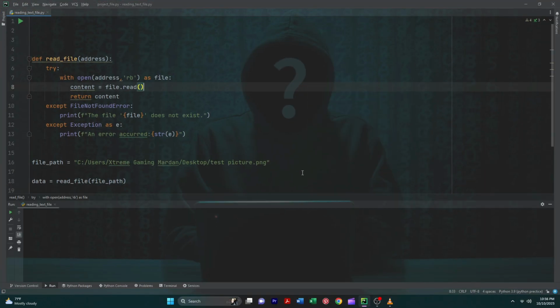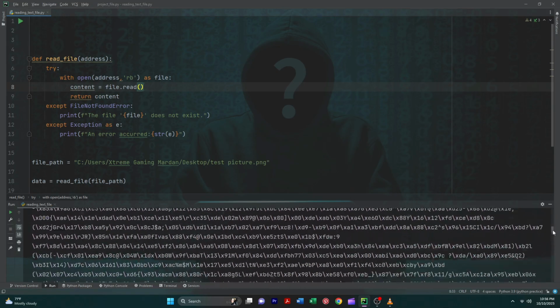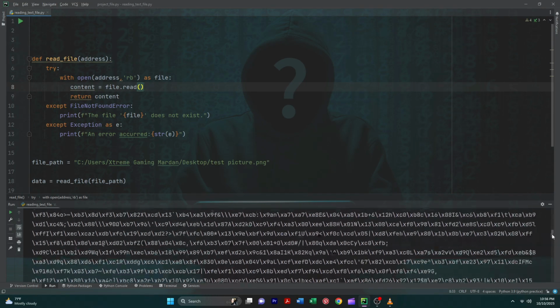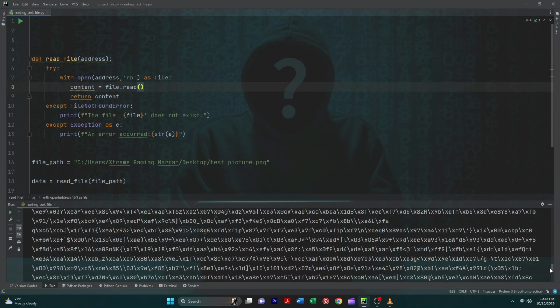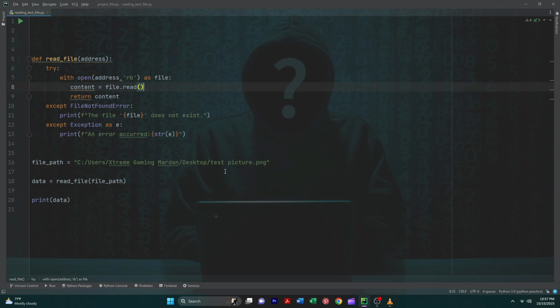And there you have it. We've broken down this Python code step by step, explaining its purpose and demonstrating how it can be useful in real-world scenarios. Remember, understanding file handling in Python is crucial for anyone looking to work with data or build applications